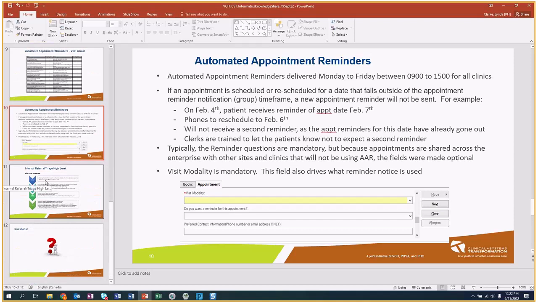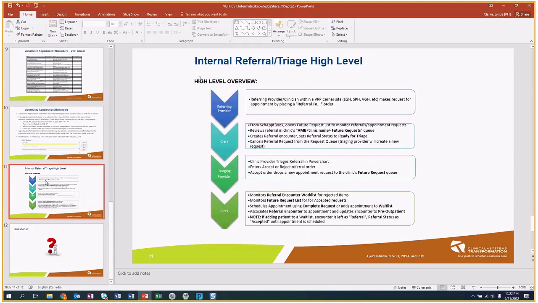And then finally, before I launch into internal referral triage, I just included the high level process, and this will be familiar to folks because it's included in the clinic keys as well. So just a very high level overview of the process. Before I launch into the internal referral triage demo, any questions about that? Okay,